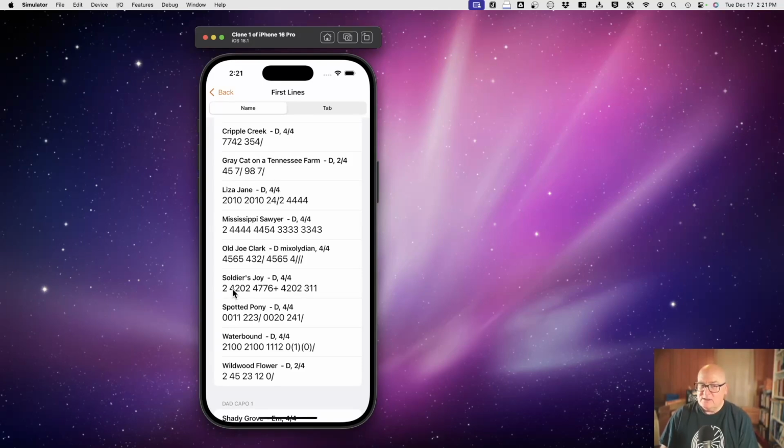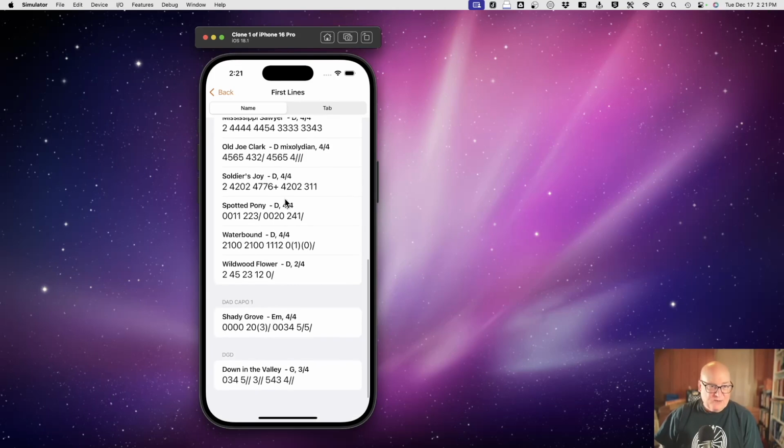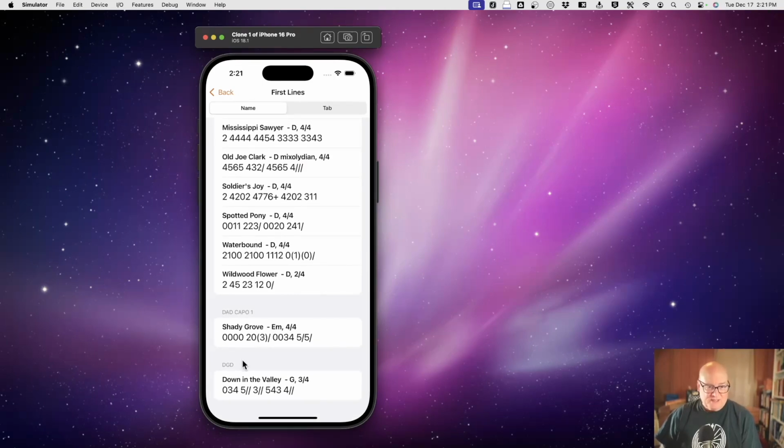It's a really relatively old song. We used to live in Colonial Williamsburg, so 1776 and all that, and they would play that. I never heard anybody singing it. The version you hear sung, well, I probably heard somebody singing it there, but not sure that part's authentic. It got picked up as a Civil War tune, and then Soldier's Joy was kind of reinterpreted as cocaine or heroin or whatever they were using for drugs in those days. The doctor would give you this, and that was Soldier's Joy. Spotted Pony, no lyrics I know of. Waterbound, yes. Wildwood, Shady Grove, yes.